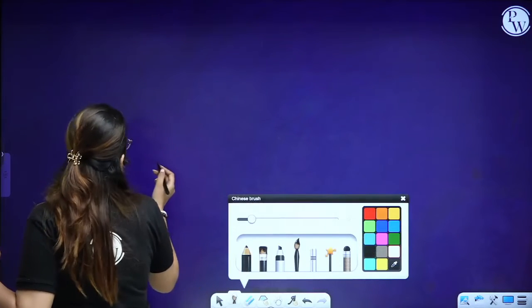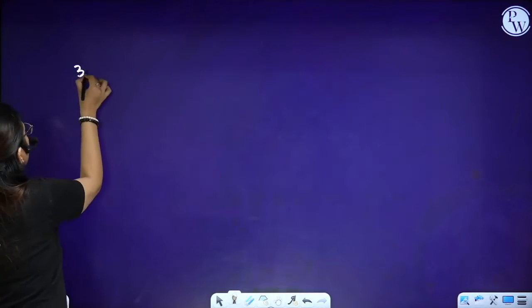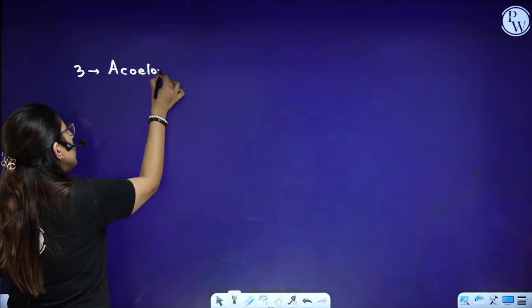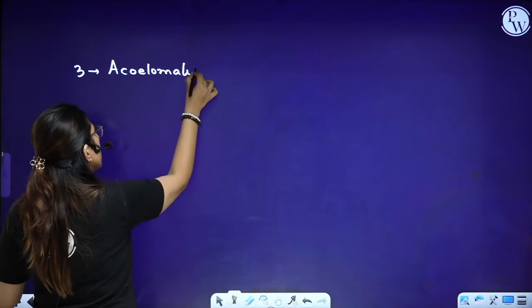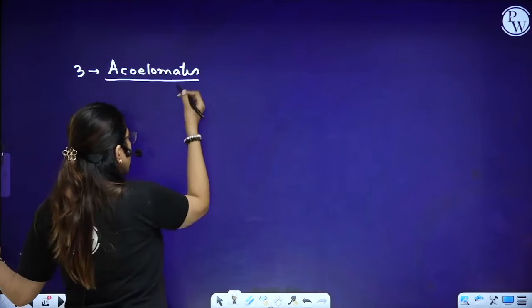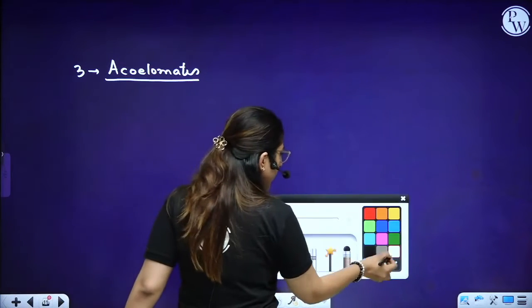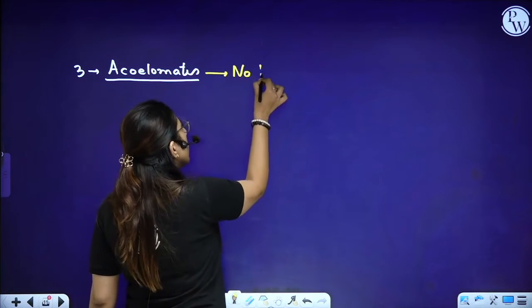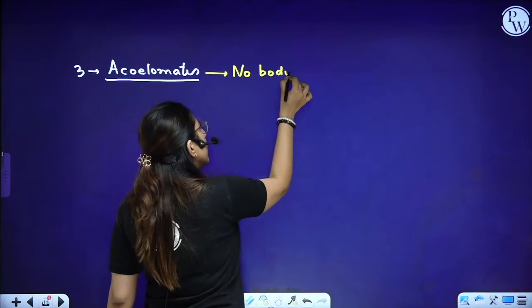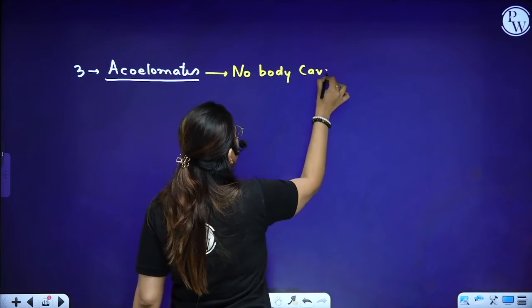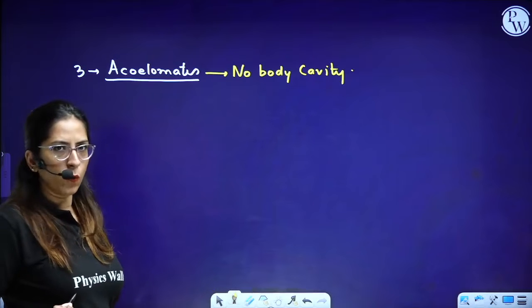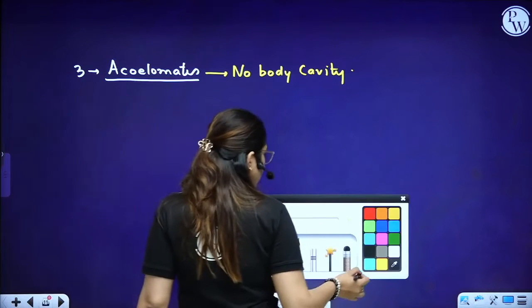The third one, acoelomates. It means no body cavity. No body cavity. So you want to have a look? For example, your